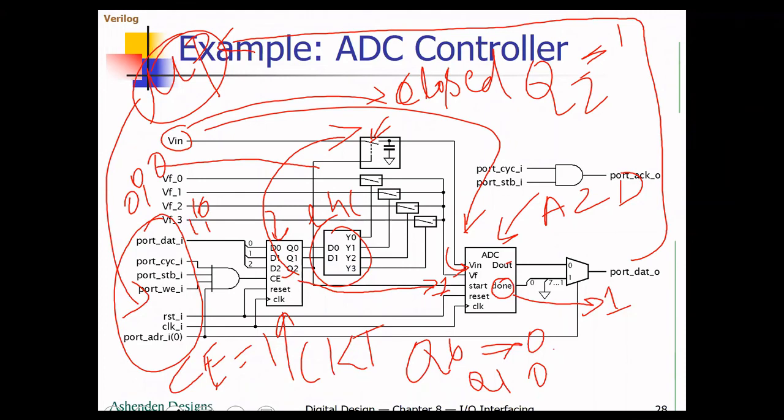The analog input is taken, the ADC converts the analog value to digital, and that same digital value is given back to the processor. So this is how the analog to digital converter controller is going to work. So here what we want to understand is